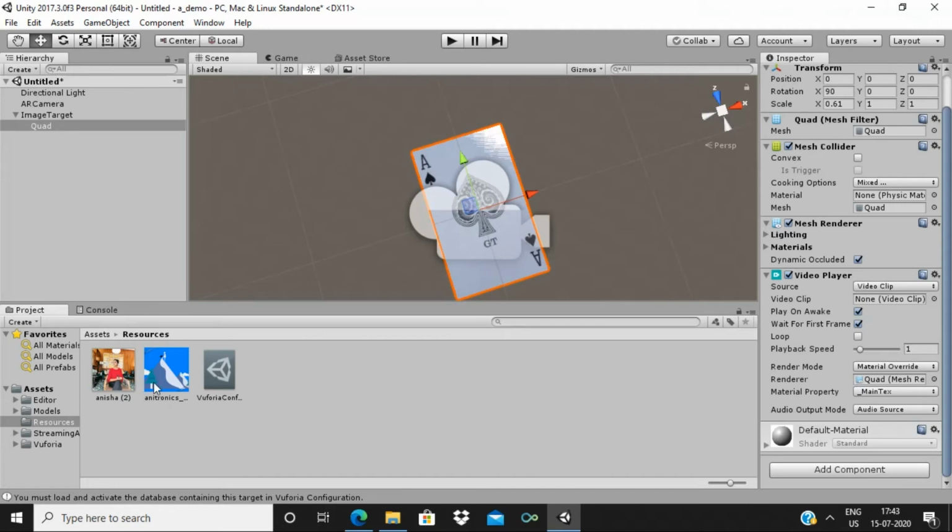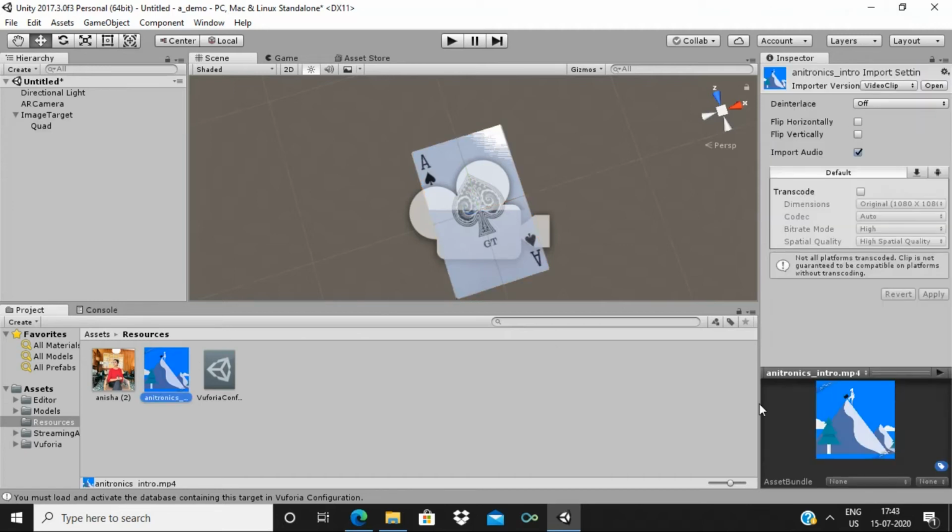Okay, now what you need to do is, if you simply click on it, you can see a video playing here. Play it. Yeah, this is the video that I want. For this, now what you need to do is, you can see here, we got a message like you must load and activate the database containing this target in Vuforia configuration.